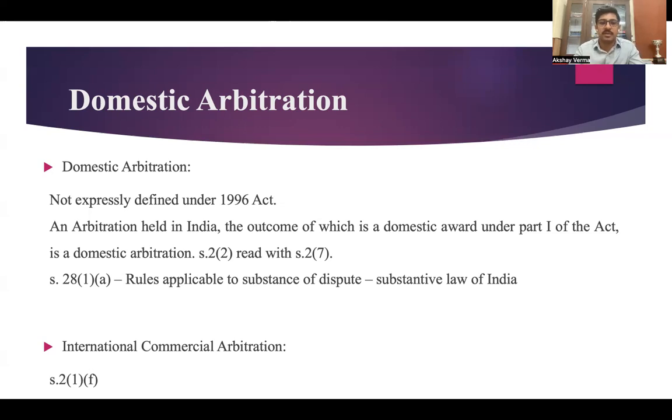तो जो भी arbitration पार्ट 1 के तहत किया गया है, that और इसका अवार्ड डोमेस्टिक अवार्ड है, will be called as domestic arbitration. तो जो इंडिया में किया गया है पार्ट 1 के तहत किया गया है, that will be called as, and इसका अवार्ड भी इंडिया में आया है, and which is as per the part 1 will be called as domestic arbitration. Now if you read section 2 subsection 2, वो ये बोलते हैं that part 1 applies to the arbitration which is done in India. So if the place of arbitration is in India, तो हम उसको बोलेंगे domestic arbitration as per section 2 subsection 2.